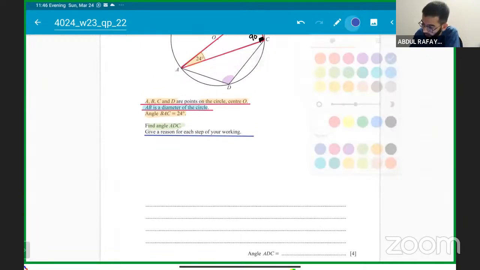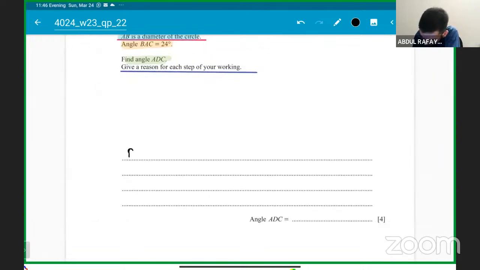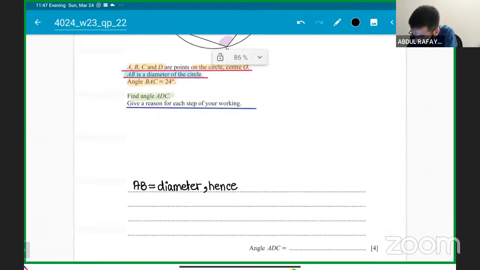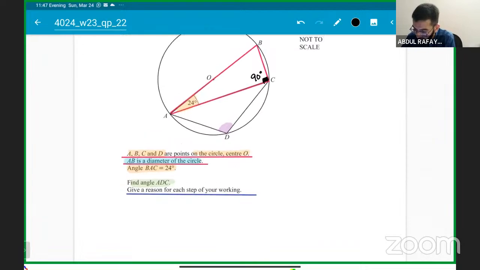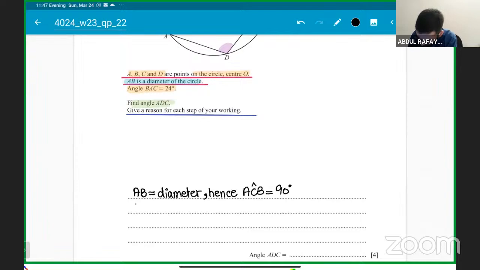So the first thing will be the complete explanation: because AB is the diameter, hence angle ACB will be 90 degrees, a right angle. This is the concept. When it is 90 degrees, I can easily find this angle. So therefore, angle B will be equal to